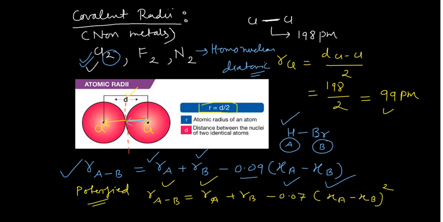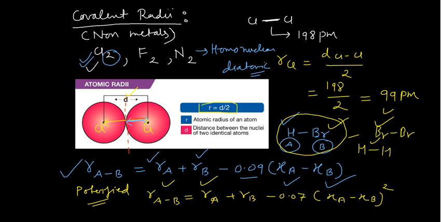So what is the conclusion? Due to the ionic character present in heteronuclear diatomic molecules, which we have studied in Fajan's rule, the bond length is shorter than the sum of the covalent radii of the two individual atoms. You will remember this particular point. If you are comparing A-B, then obviously this would be different. If you are comparing H-H, then these two would be different. These are the things you should know. This is the concept of covalent radii when you have a covalent bond.